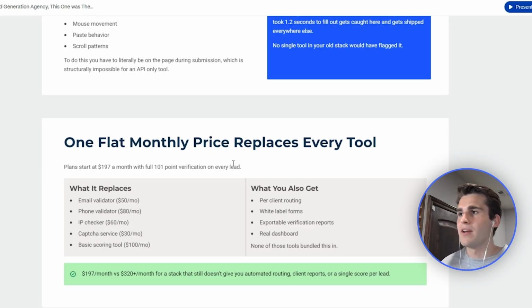And what you also get is per client routing, white label forms, exportable verification reports, a real dashboard, zip code intelligence, and device fingerprinting. You get device information, so was it a mobile device or a computer, what are the specs on the mobile device, what are the specs on the computer. This makes it really easy to narrow down when you have a competitor or someone just trying to intentionally sabotage your pixel. As you can see, clearly it's the same device that's submitting all this garbage, so I'm not going to send any of it to my client, and I'm not going to give it to my pixel as an offline